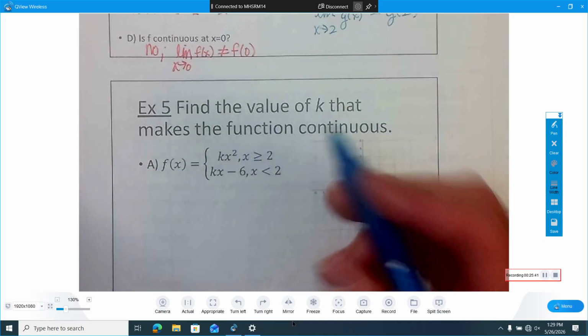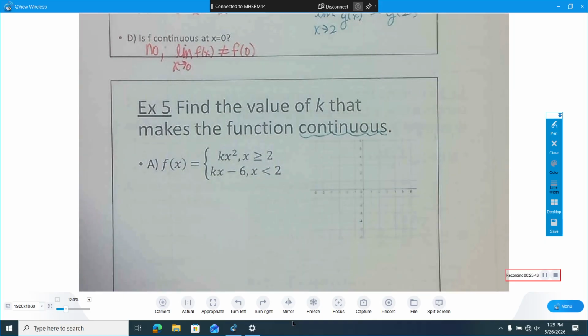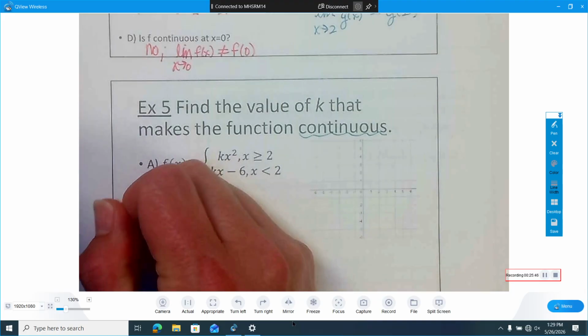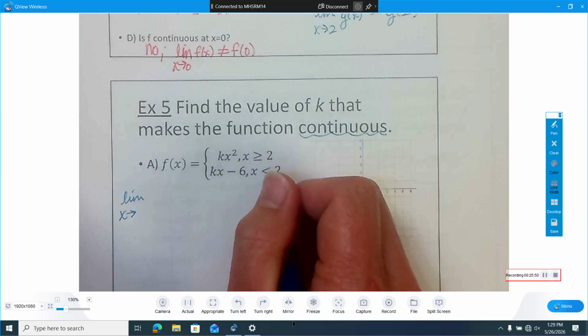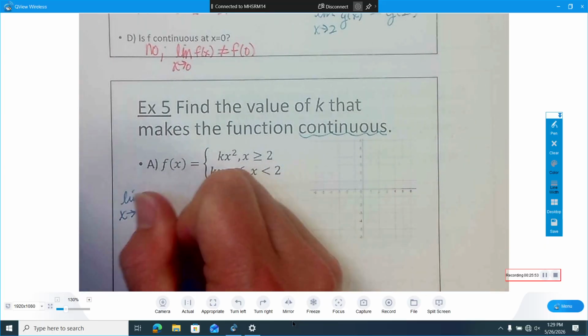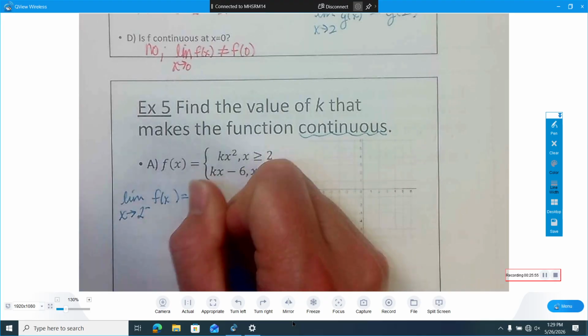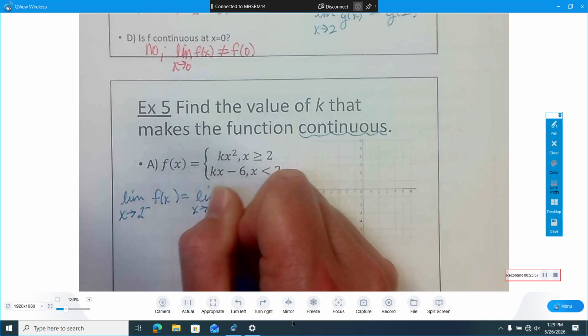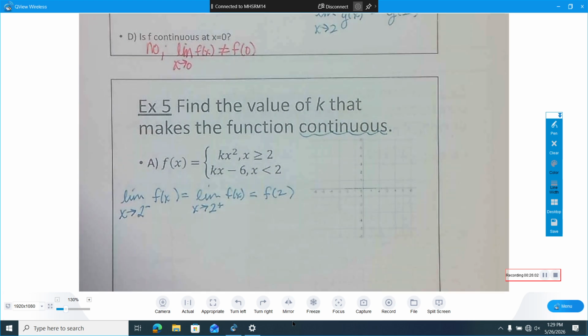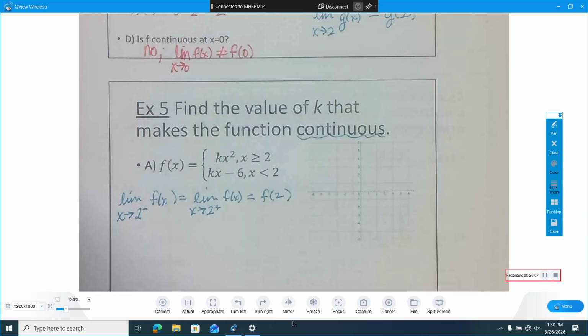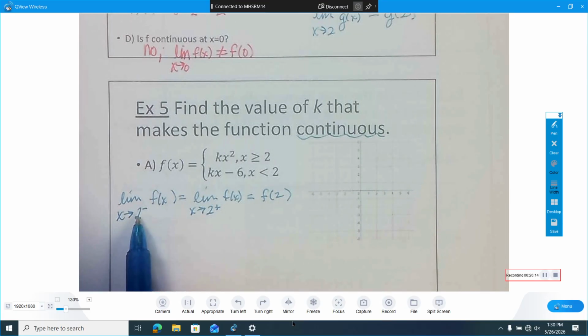And in order to know that something is continuous, well, we've got a couple of things. The limit as x approaches 2, right here is where things are going to change, from the left has to equal the limit as x approaches 2 from the right, which also has to be the same as f of 2. 3 sort of conditions. Really, it's 2, but because we have this little break in our curve, let's see,